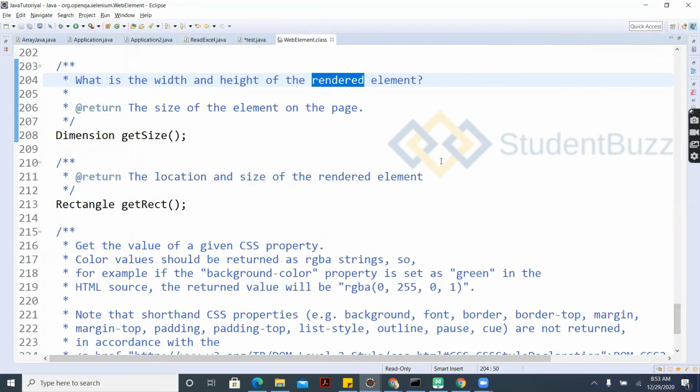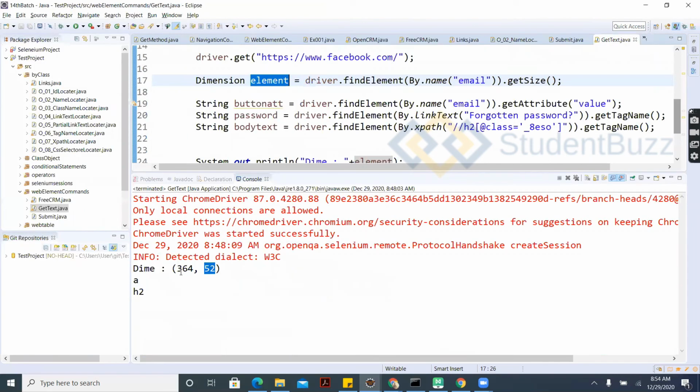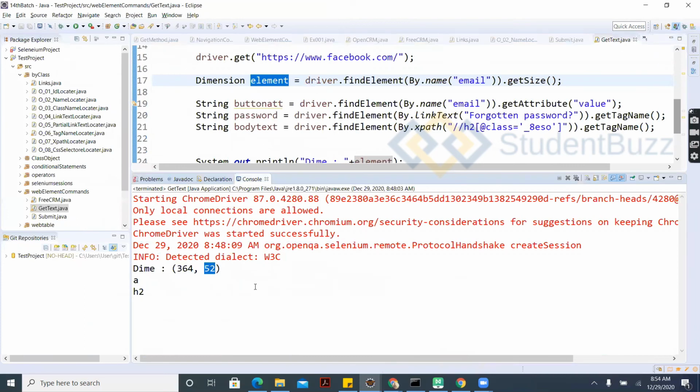Whenever we get this question, about what exactly it is going to do here, we make sure it is clear then and there itself. So that is what I have done. Width and height is going to be returned. Instead of giving false information, I want to give you the right information. First it is the width, then the height of the particular element. All right.